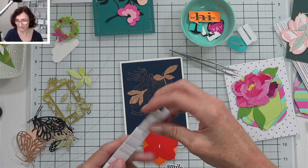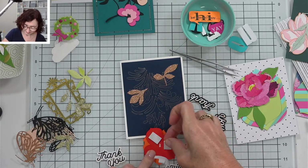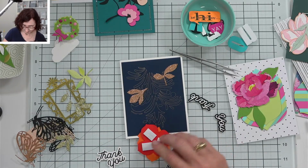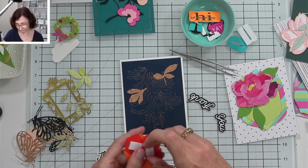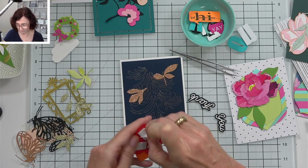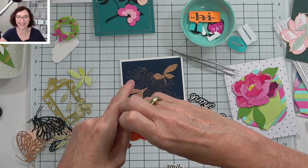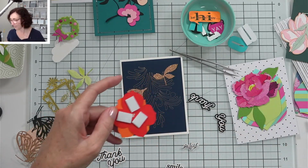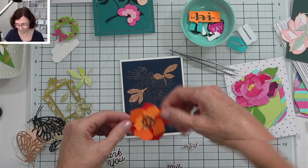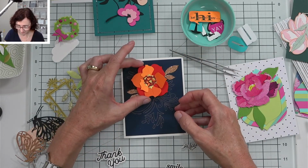Use the die to add hot foil in a pattern rather than die cut it out. And the other thing I'm doing at the moment is using up all my random foam tapes, tape runners, and just sticking to the brands. I've got a little bit of a problem when it comes to adhesives. I have too many. I like to try them out and see how they work, but I keep going back to the same ones. So I've actually decided to try and narrow down